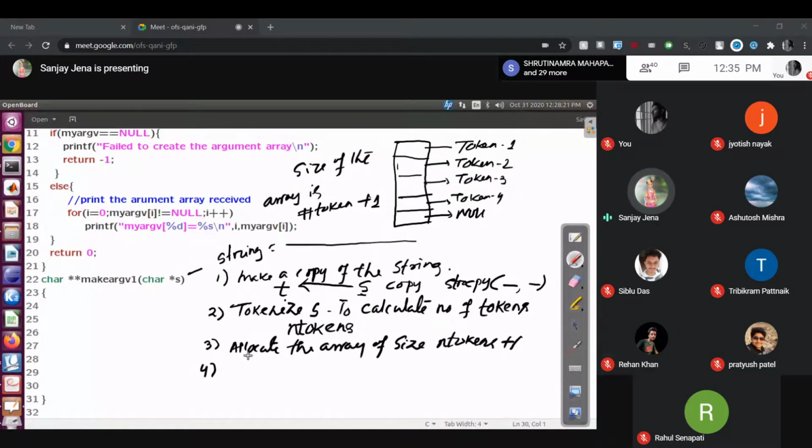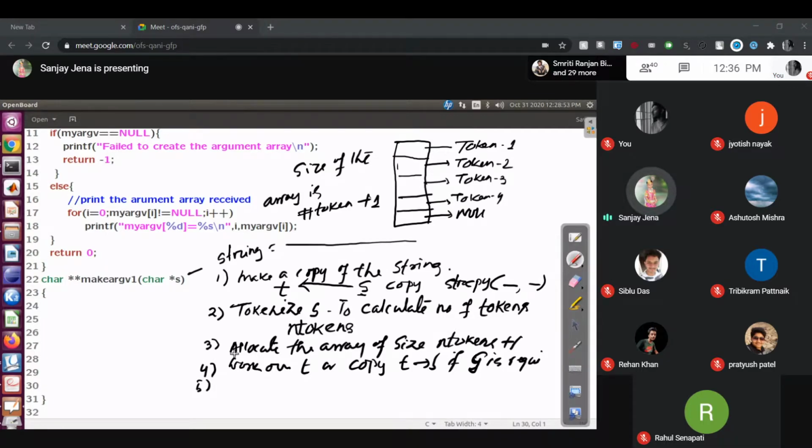If you want to use S, then you have to copy T to S. Otherwise T is there, you can work over T. Done? Next.